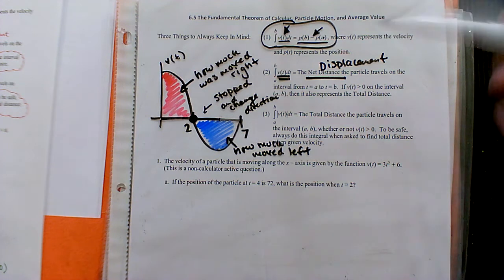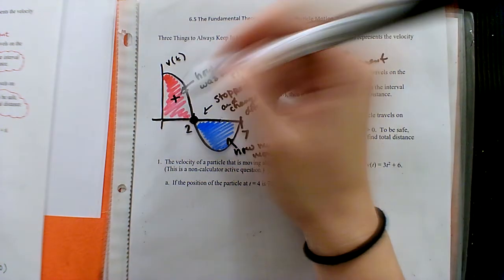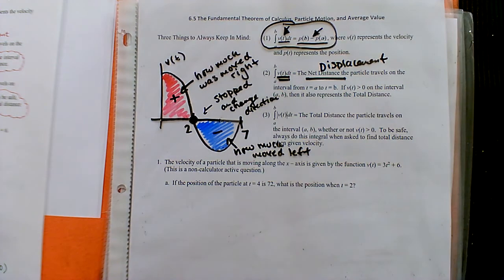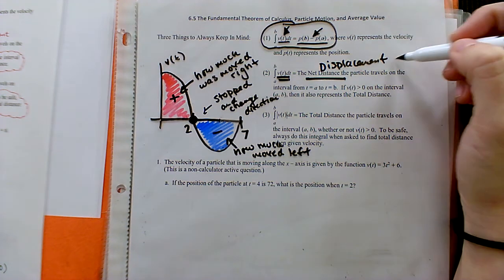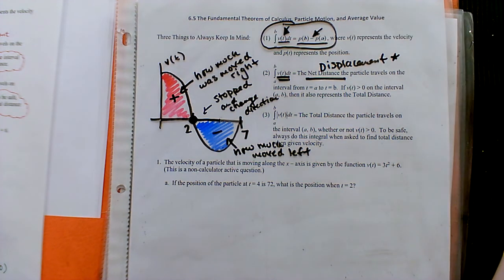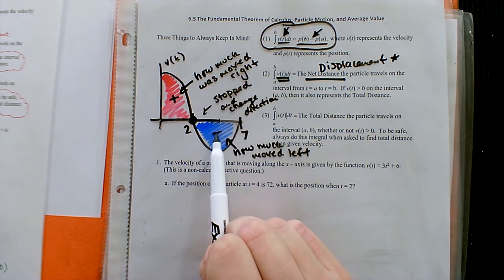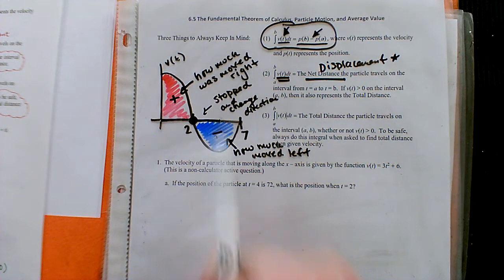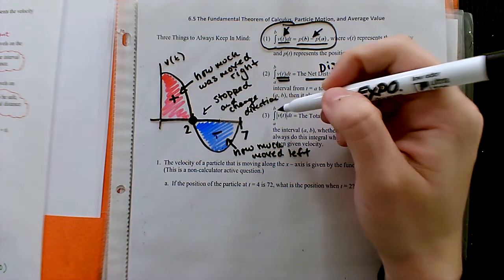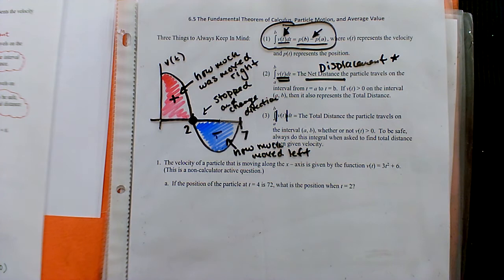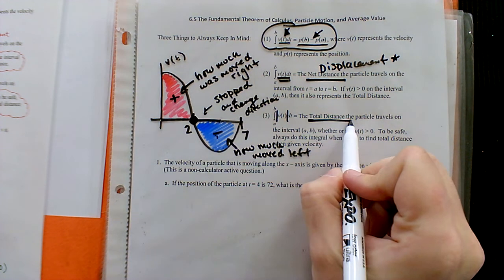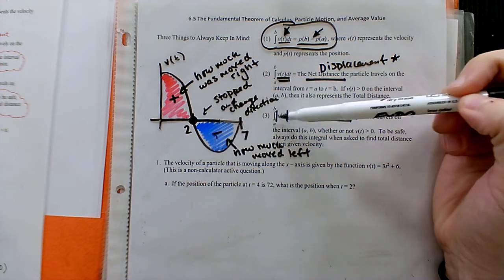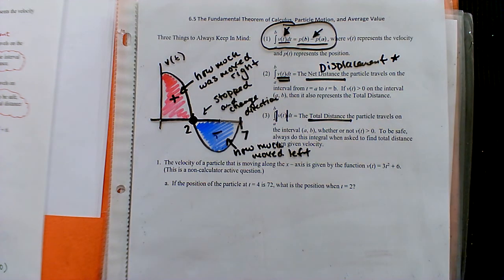just add them? Right, so when we're doing displacement, notice how this area is positive, this area is negative. So the direction actually matters in terms of our displacement value. If direction doesn't matter for total distance, because we're just looking at the amount moved, okay, not the direction, then we want to negate this negative, aka make it positive. And we can do that by using an absolute value, because doesn't that change anything negative to a positive? So if we're looking for total distance, we actually want the area under the velocity curve with an absolute value